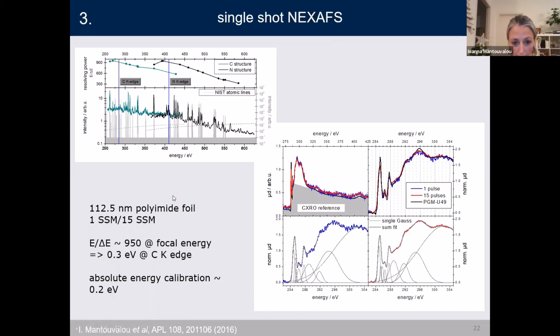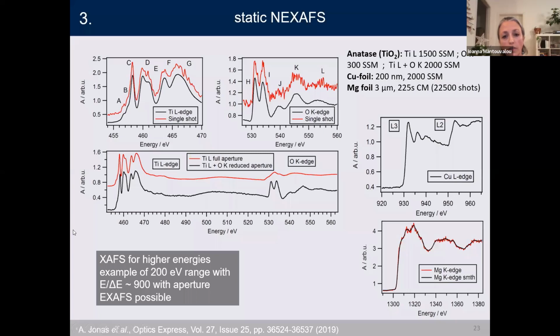So this was the beginning of our single shot spectroscopy, and this is how the performance looks like now. This is again the titanium dioxide sample, and in this graph you see the measurement of the titanium L edges, in red single shot and in black a few hundreds of shots averaged. Here you see the oxygen K edge, and